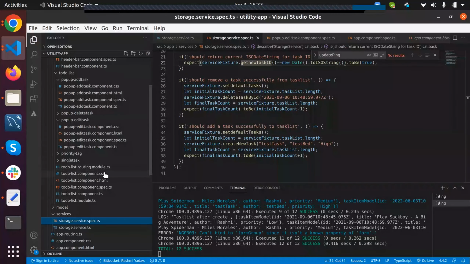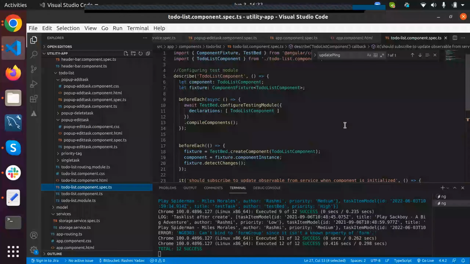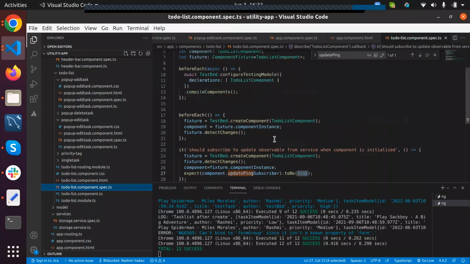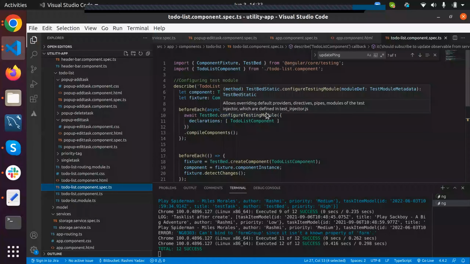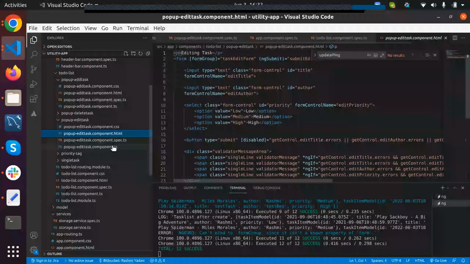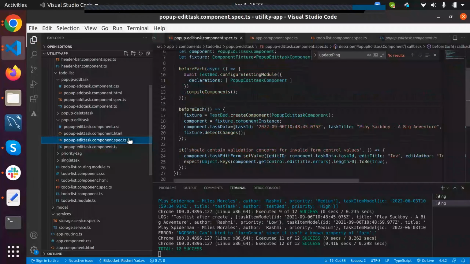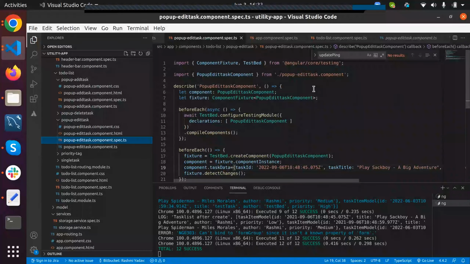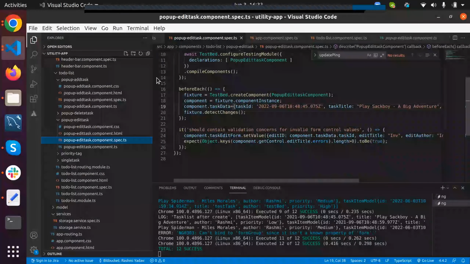And okay, this is the list component. So yeah, this is basic, like before each, and describe before each and it. So we can skip this. The interesting part is this, like we have added some validation, and we have some test cases for validation also. So again, describe is focusing on the current component. The before each creates the test module environment, and